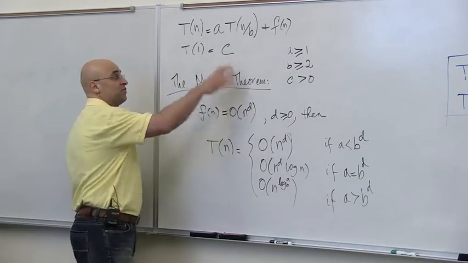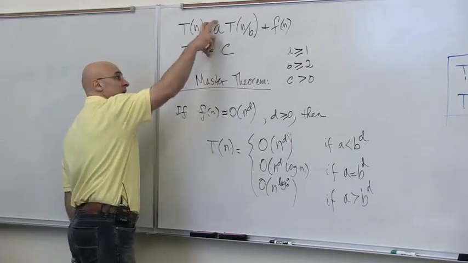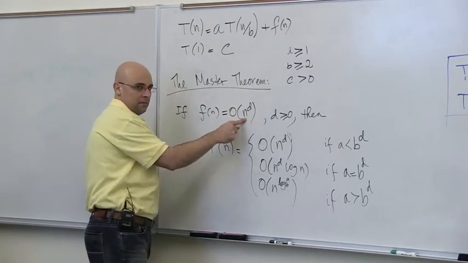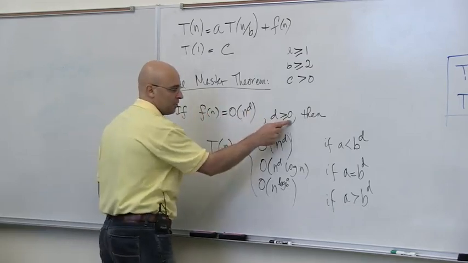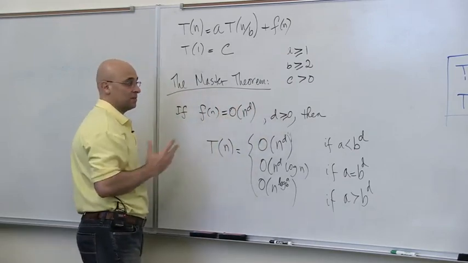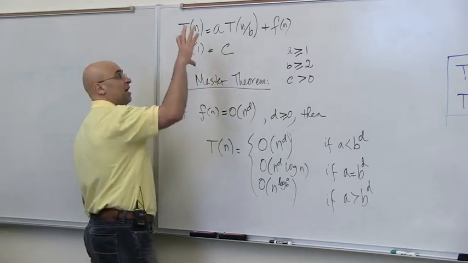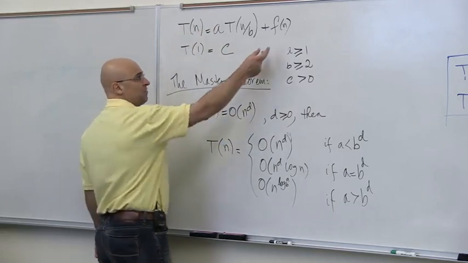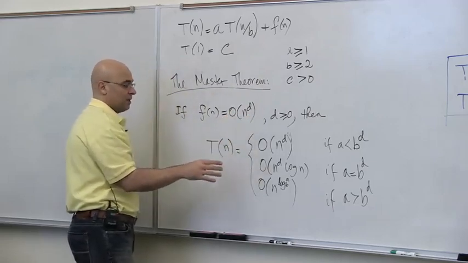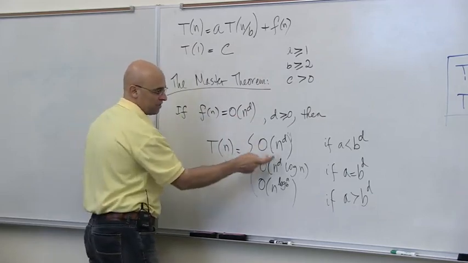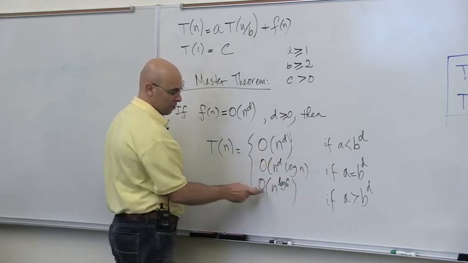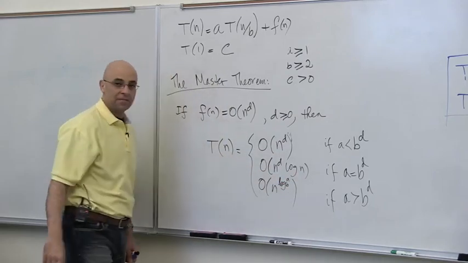The Master Theorem says for this type of recurrence, and if the time to do the merger is polynomial in n, that can include constant, because if d equals 0, this is O of 1. If d equals 1, this is linear. If d equals 2, this is quadratic, and so on. The Master Theorem says if you have a recurrence of this form, and f of n is a specific type of function which is polynomial in n, then we can say that T of n can be one of these 3 explicit functions. T of n is either O of n to the d, or O of n to the d times log n, or O of n to the log of a to the base b,